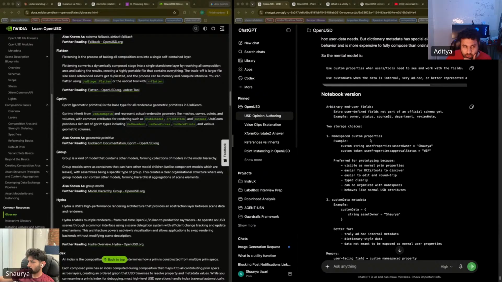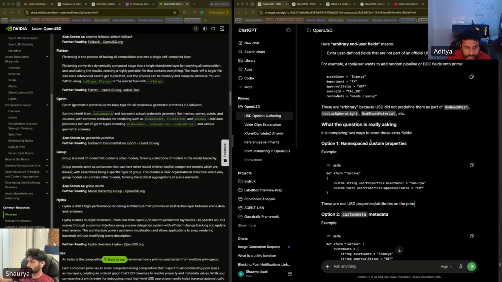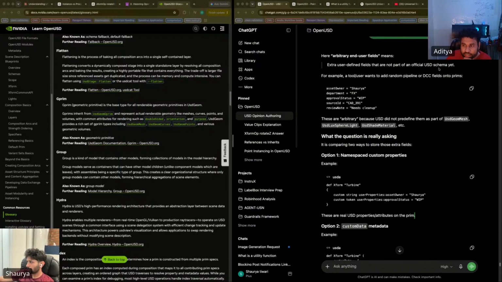But will they be part of an official schema? No, not an official schema. That's what is written here, but it says not yet. Extra user defined fields that are not part of an official USD schema yet. For example, a tool user wants to add random pipeline or DCC fields onto prims, like asset owner.